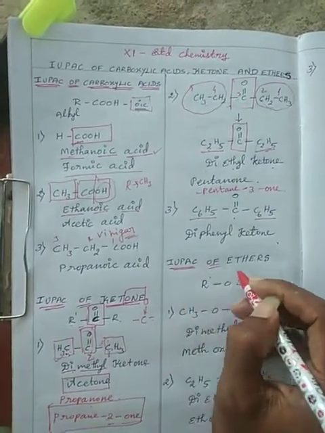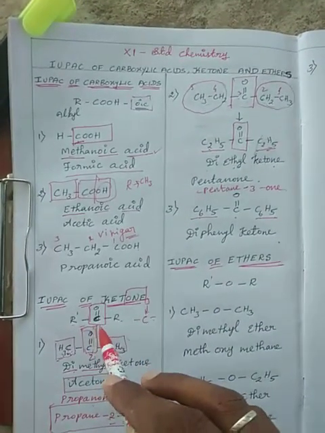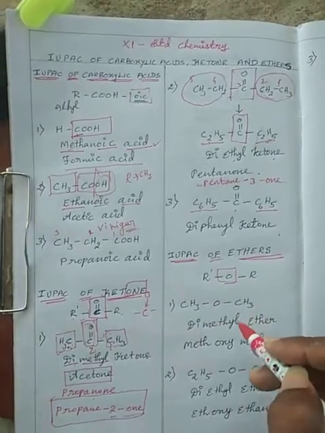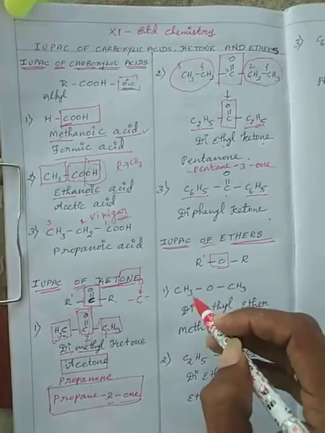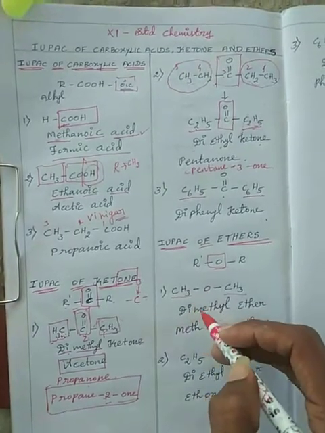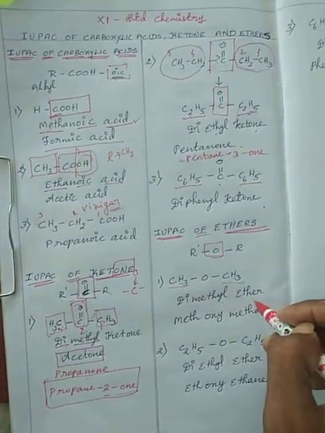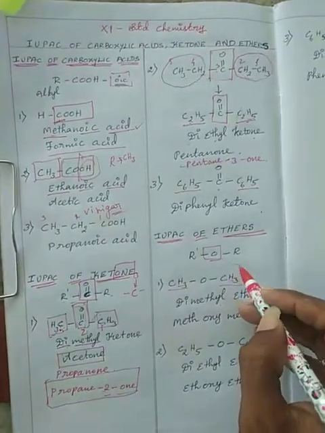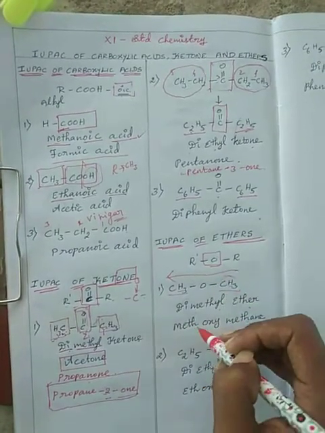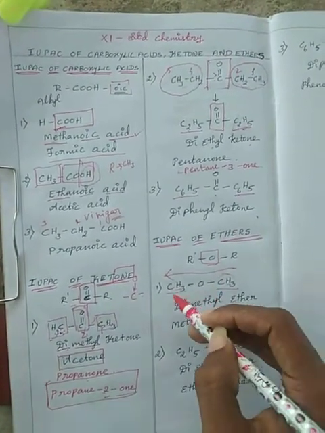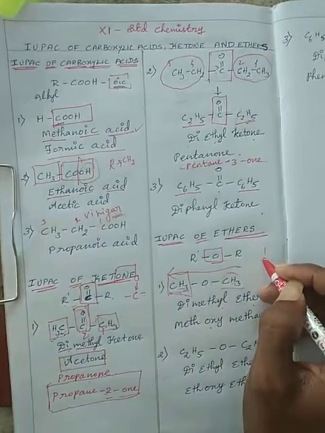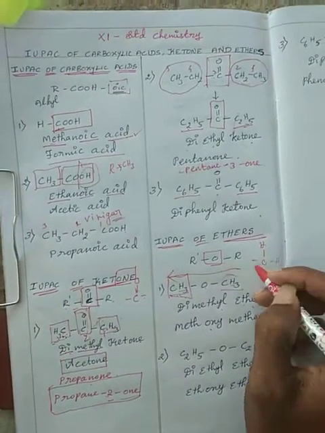So the IUPAC name of ether; this is also a carbonyl group. This is R to R, and only the oxygen in the center is present, which is the ether. Same as the methyl group, dimethyl ether, where oxygen means O. So the IUPAC name is read right to left, as already known. This is meth for 1 carbon and oxy for oxygen. And for the formation of this group, methane to methyl group, 1 hydrogen is removed and it attaches at that position.